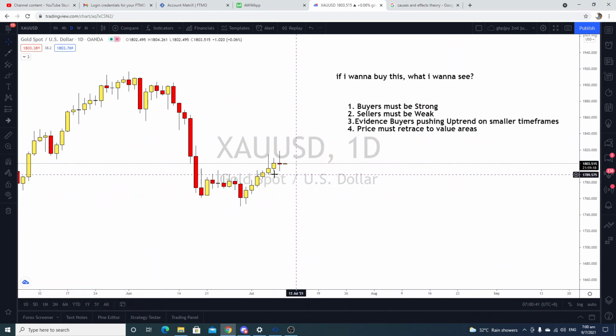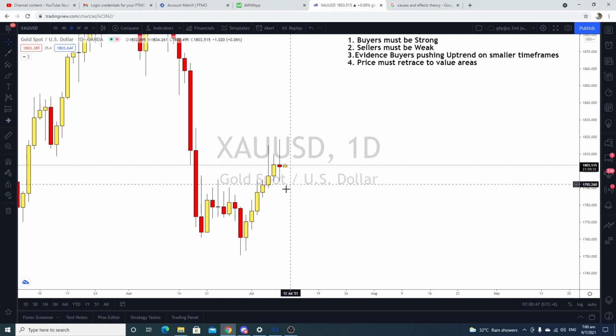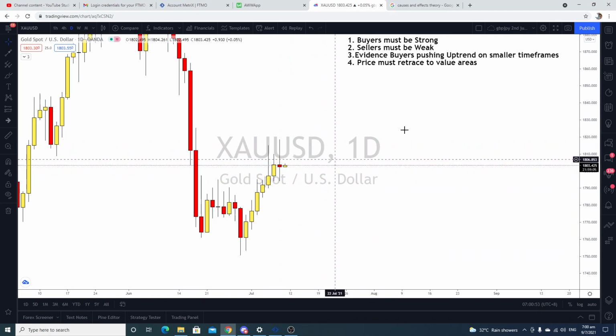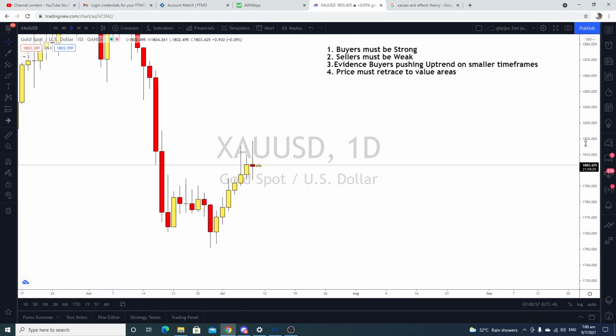Okay, so now let's see it go. First of all, is the bias strong? Not in terms of momentum, it doesn't look strong. But are the sellers strong? No, sellers are not strong either, except for a rejection. So in this case, the buyer is not evidently strong in terms of the candles, but it's still pushing the price up. Are the sellers weak? Yeah.